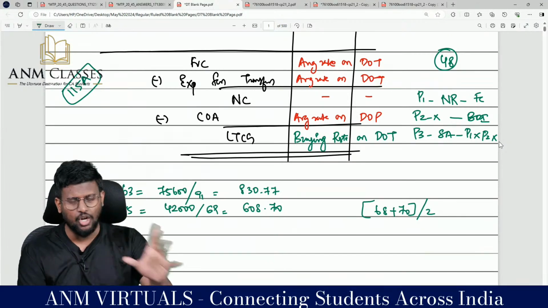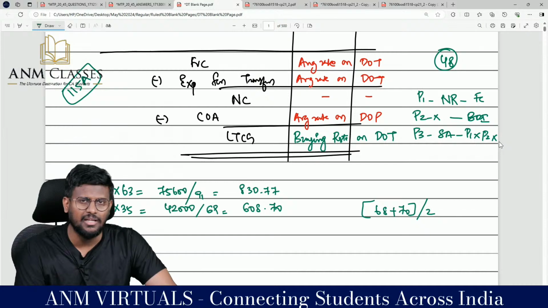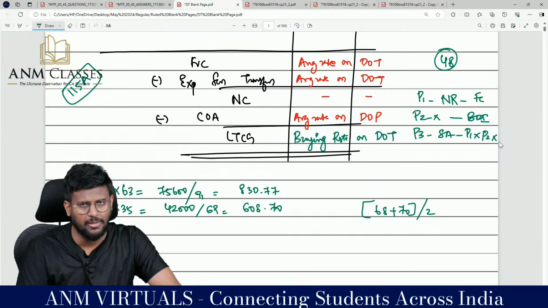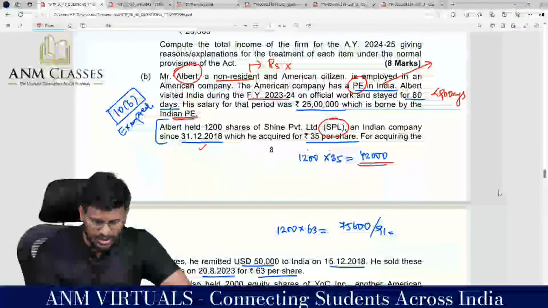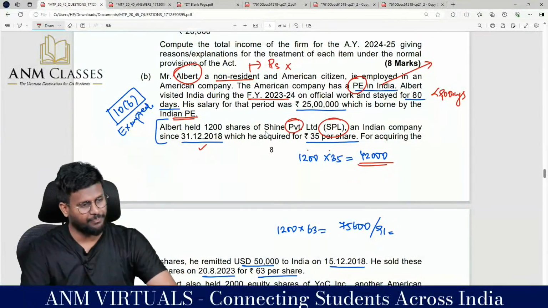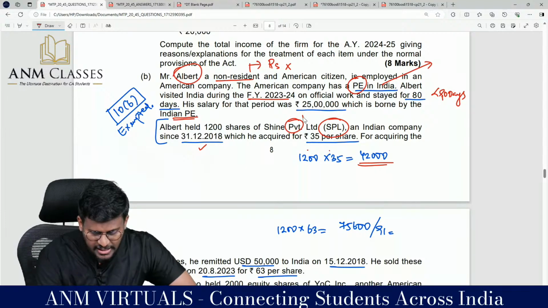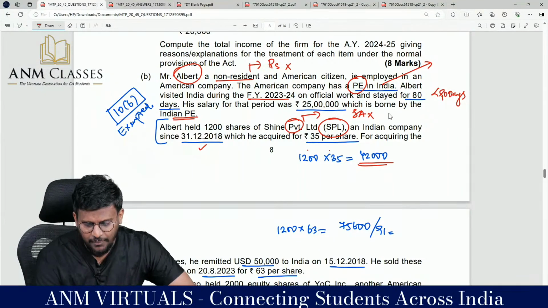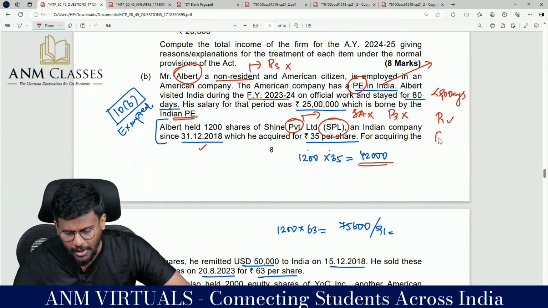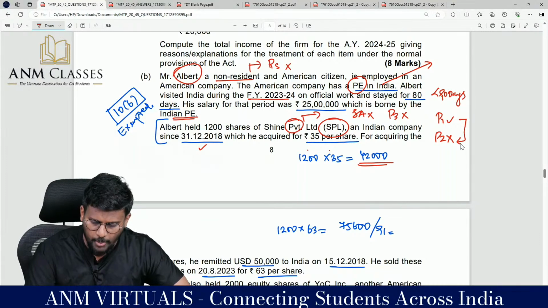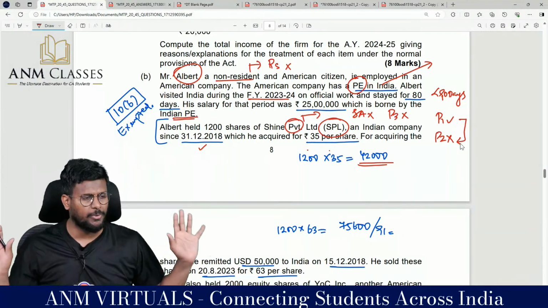That means the assessee is a non-resident. He has invested in the shares of an Indian company. That too a private company, my dear lovable students. That's what the highlight. Shine Private Limited. That means this is not a super asset. That means proviso number 3 will not be applicable. Proviso number 3 will not be applicable means you can enjoy proviso number 1. Once you are enjoying proviso number 1, proviso number 2 cannot be enjoyed.